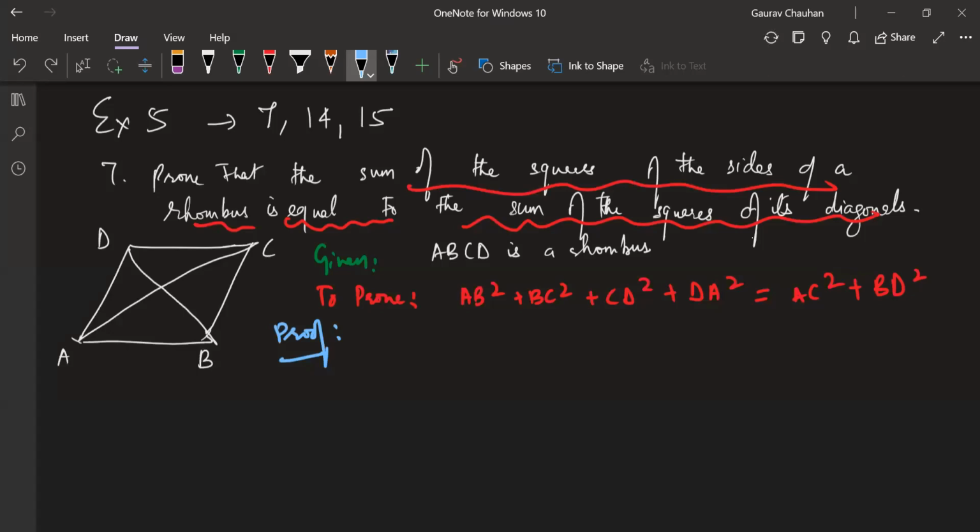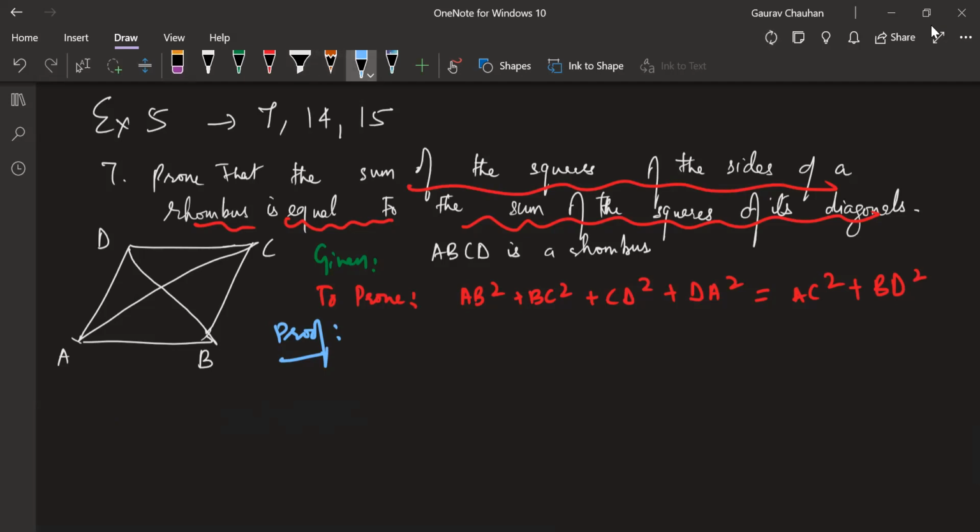And then my mind is going, in a rhombus, where is the 90 degree? Is there a 90 degree or not? Anyone remember a rhombus having a 90 degree somewhere? Manisha, go ahead. Sir, only where the diagonals intersect. Diagonals bisect at 90 degree. This is a very crucial property of a rhombus. We had proved this in the quadrilaterals chapter last year, which means this is an accepted theorem and I can use this property right now. I don't need to prove it again. Diagonals bisect at 90 degree in a rhombus, also in a square, but in a square the diagonals are also equal.